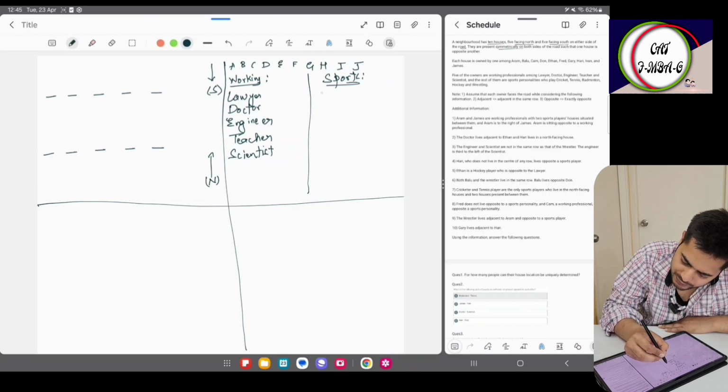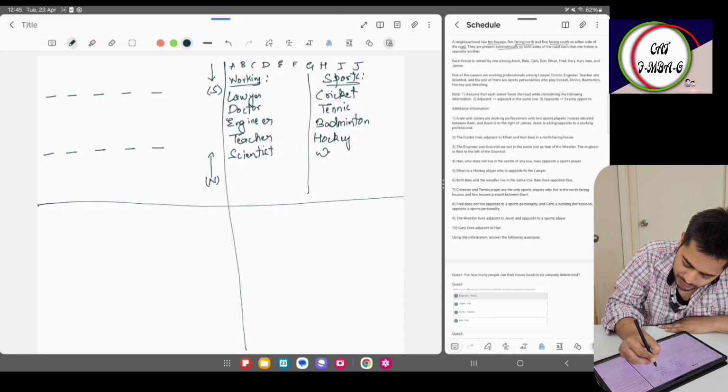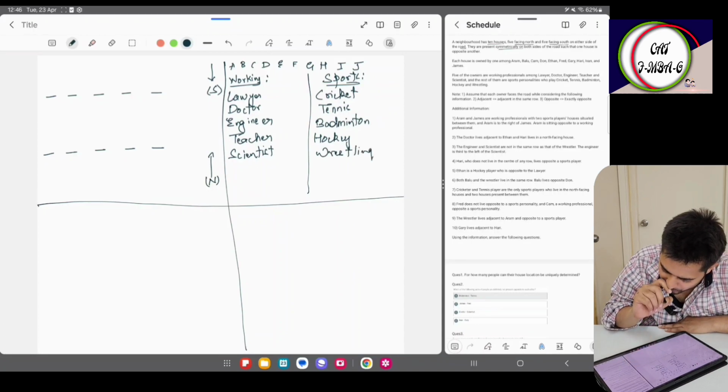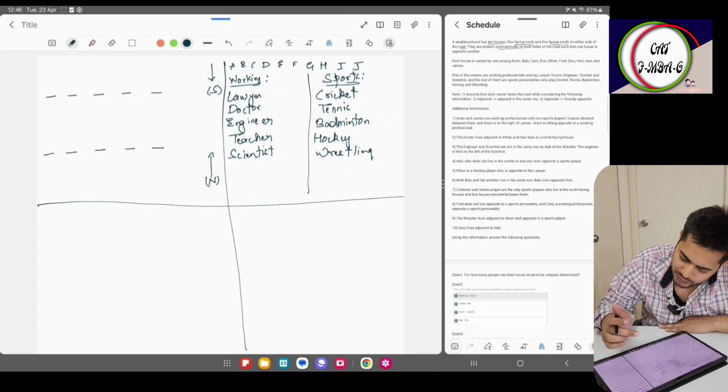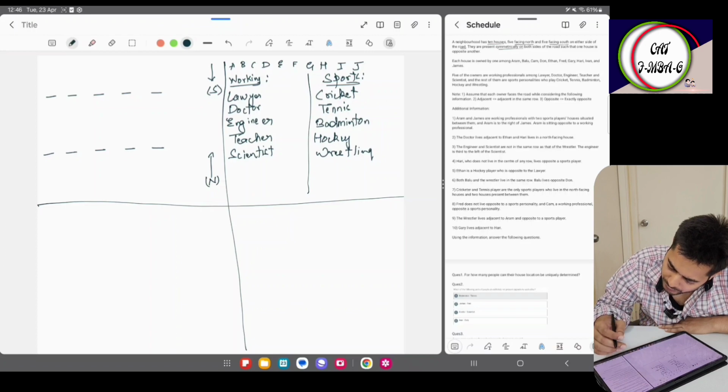And sports personalities are those who play cricket, then tennis, then badminton, then hockey, and then wrestling. Okay, perfect. Now assume that each owner faces the road. Okay, all of them are facing towards the road, and